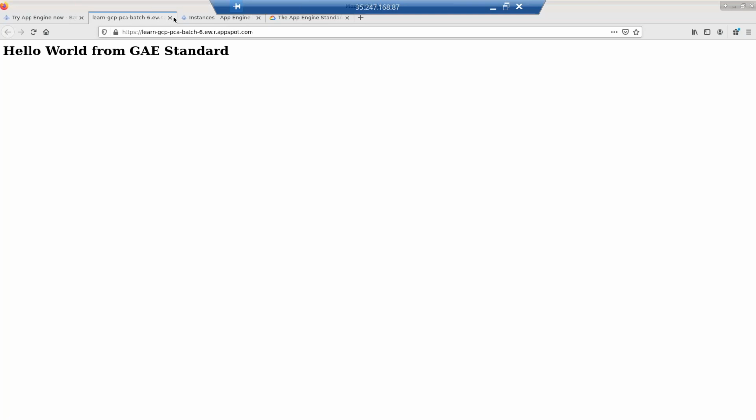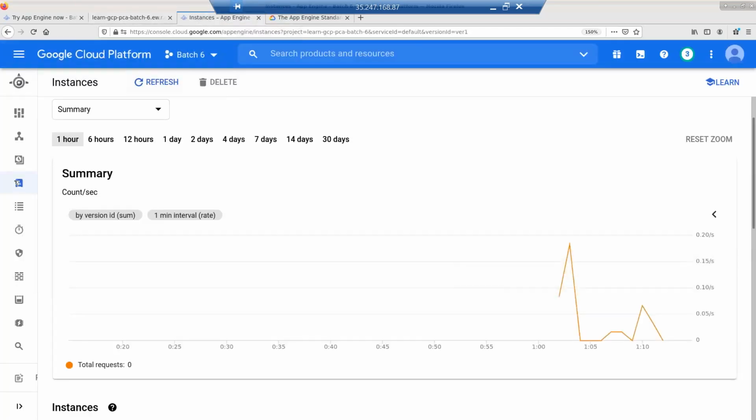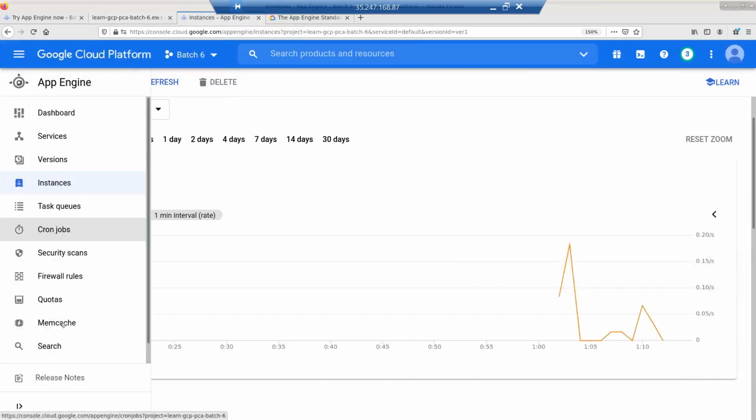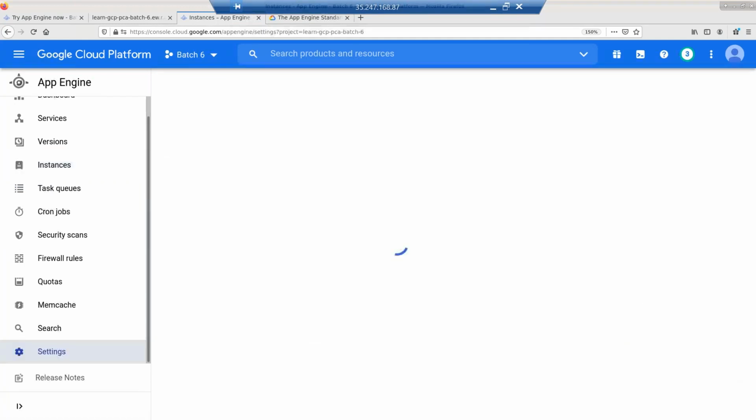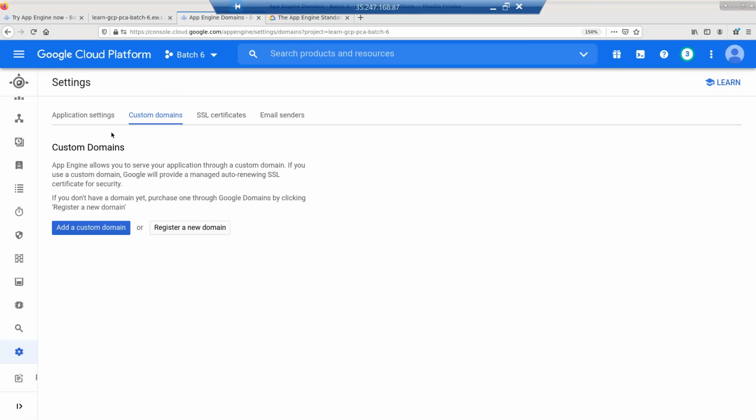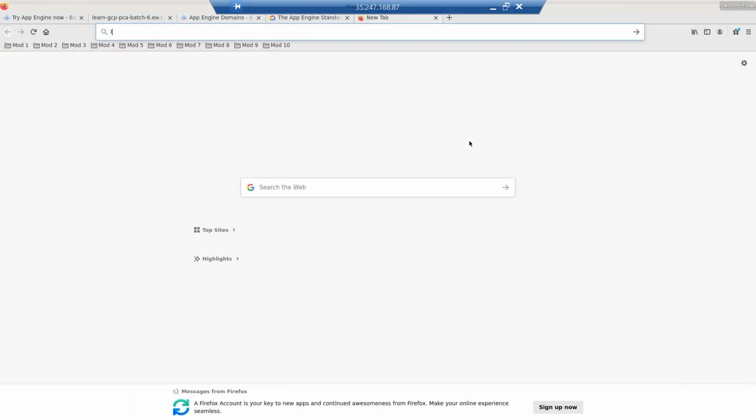What people usually do is they go to settings in App Engine. They can have something like a custom domain. They can attach a custom domain. If you have a domain already, you can use it. My website is also running on App Engine, but I have added a custom domain. So that's how I can access it like this. If I just show you the website,